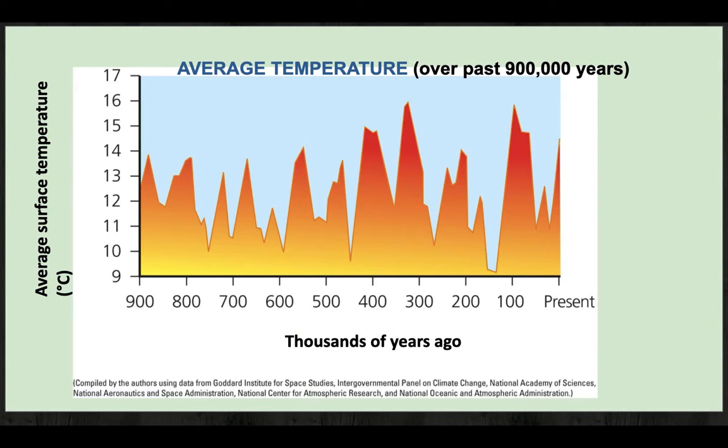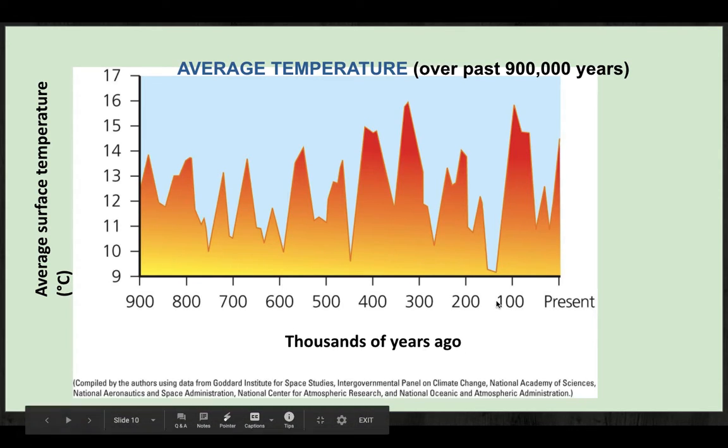So here's a graph of what I mean. You can see the average temperature, and you can see the spikes where it's warm. That means you're in an interglacial period, and then it drops, and that's a glacial period. And these look like really sharp, sudden changes. But if you look at the x-axis, thousands of years